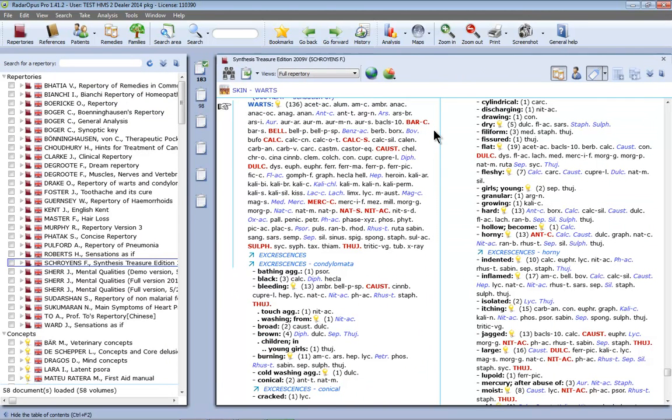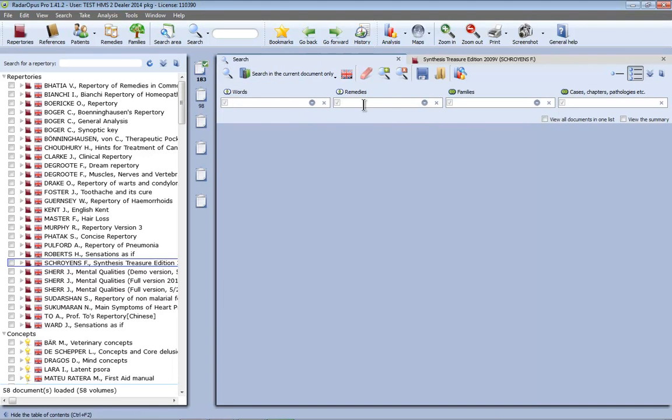I'm here back in the repertory, and let's say I want to compare these two remedies, so Thuja and Nitricum acidum. So let's say I want to do a repertory search. So for this I go to my advanced search. So here in the top toolbar I click here advanced search, and in the box of remedies I type my remedy. So first I type Thuja,